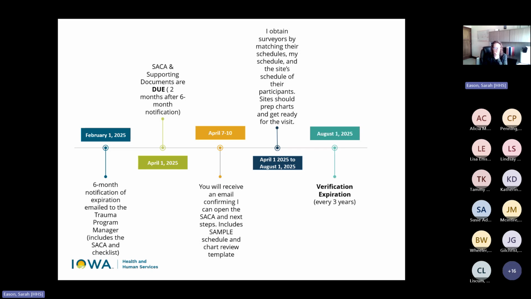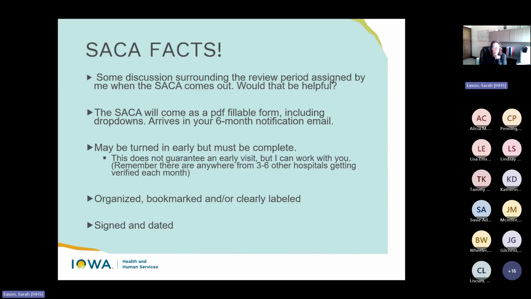Now, what I will pose to the group is this first question. I've had many sites reach out and say, I don't get what my review period is. I didn't understand that my SACA should be my 12 months of my trauma services summary report. And a lot of times when we come to the visit, or if I'm looking at your paper review and those numbers don't match, that's usually the first thing I'm going to say: hey, what is this time span here? So we can narrow down on what's happening.